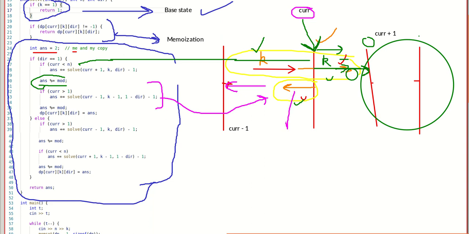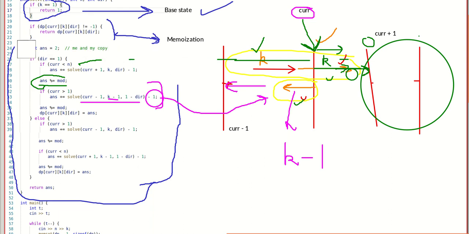And the decay of this will be k minus 1, because this was the new copy created, right? Also, as it is moving left, the direction would be 0. So that comes here: current minus 1, k minus 1, and then 1 minus dir. Dir was initially 1, so 1 minus 1 is 0. And here again I am taking minus 1. Why? As I already explained, we counted this particle and this particle in this 2, so we directly subtracted here. So that is clear. This was my case.